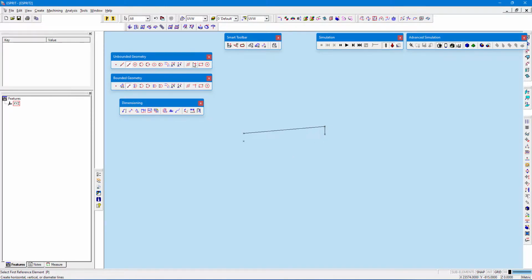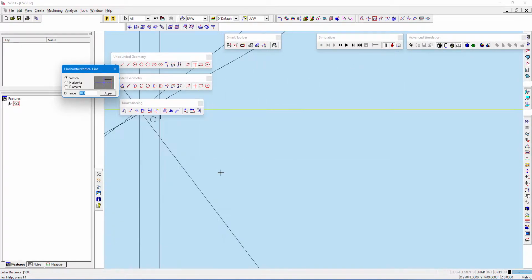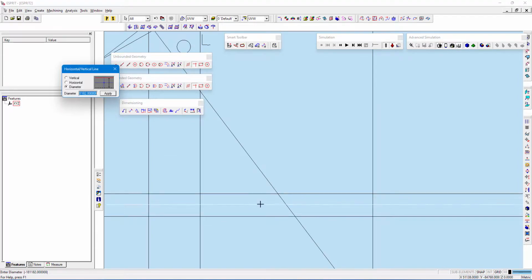And next is horizontal and vertical lines. If you want to convert this, if you need a horizontal line or vertical line, you have to select here. For example, I'm now showing a vertical line, and I need a distance of, I can say, 1000 mm, and I will select it, or you can just enter 100. The line will be automatically generated, and in the same way in horizontal also, and in diameter too. So if you want to create this, you can just use it.